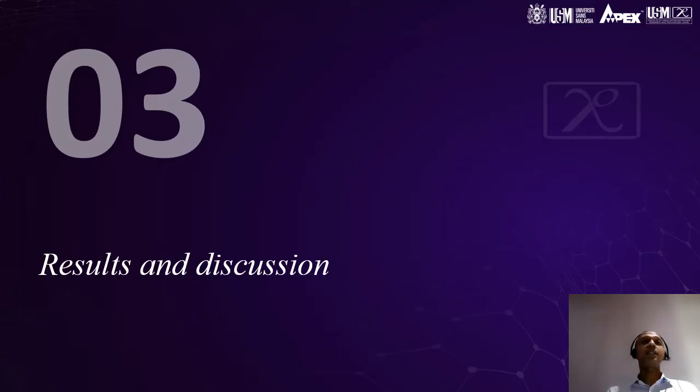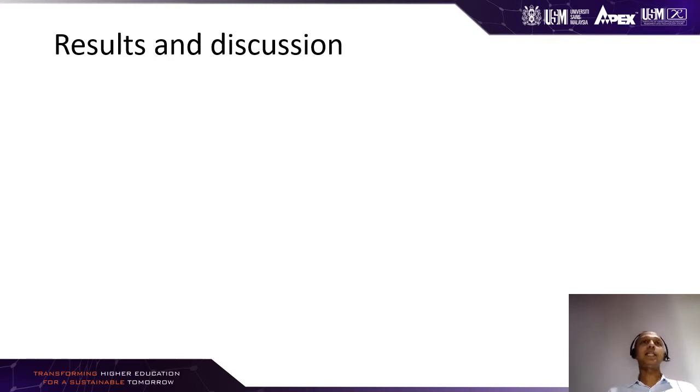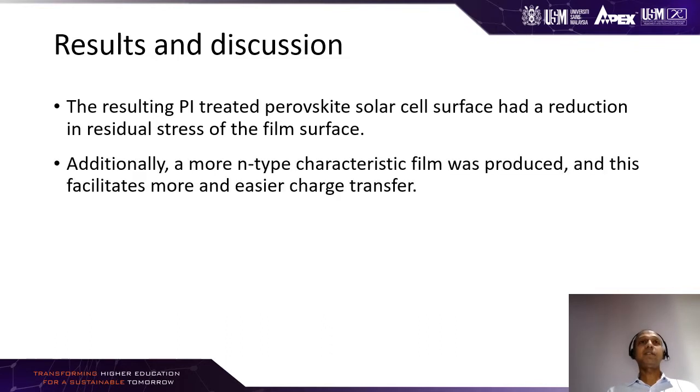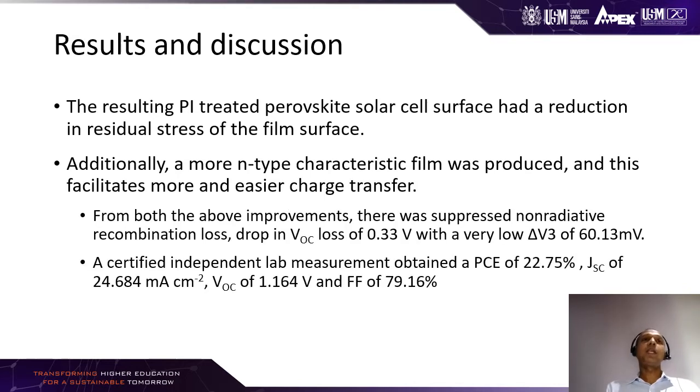Now, as for the results and discussion from the research conducted by Li F et al., the resulting PI-treated perovskite solar cell surface had a reduction in residual stress of the film surface. Additionally, a more N-type characteristic film was produced, and this facilitates more and easier charge transfer. From both of the above improvements, there was suppressed non-radiative recombination loss, in the V open circuit loss of 0.33 volt with a very low delta V of 60.13